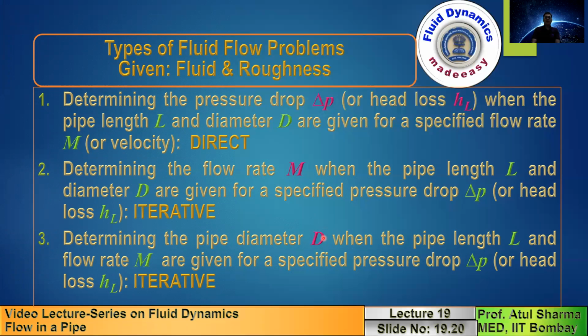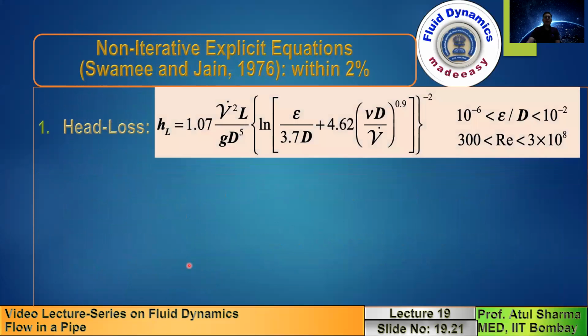However, later on, instead of using the Moody's chart, people have come up with simplified mathematical expressions, where they have proposed explicit equations for the second and the third class of the problem, which is presented in the next slide. For non-iterative explicit equations, Swamee and Jain in 1976 presented the equations for the head loss,